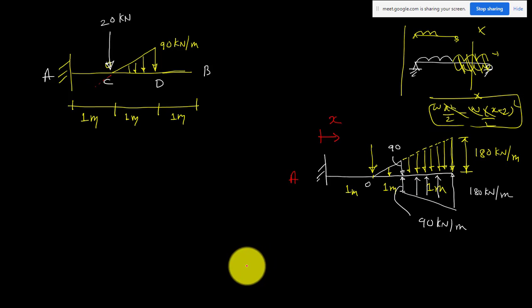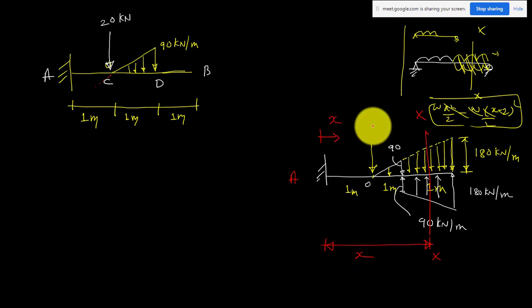Now it is continuous. Once you start, it is there up to the end. This is starting from here, up to the end of the beam. So now we have to take an end section. The end section means after all this load. So we have to take a section in the segment DB. So now it is a simple cantilever beam, a determinate beam.